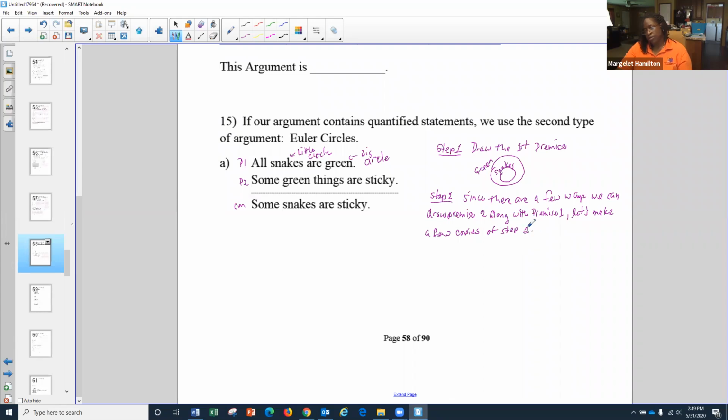All right. So, since there are a few ways we can draw premise 2 along with our premise 1 that we just drew,